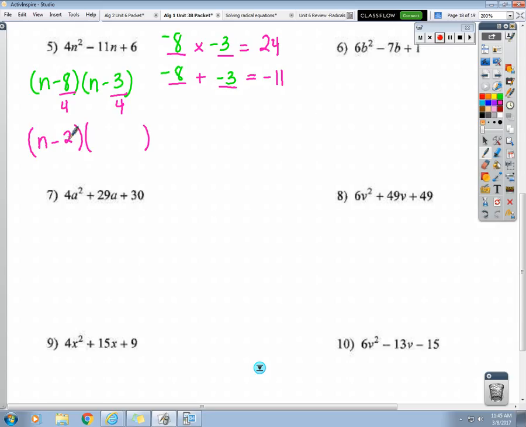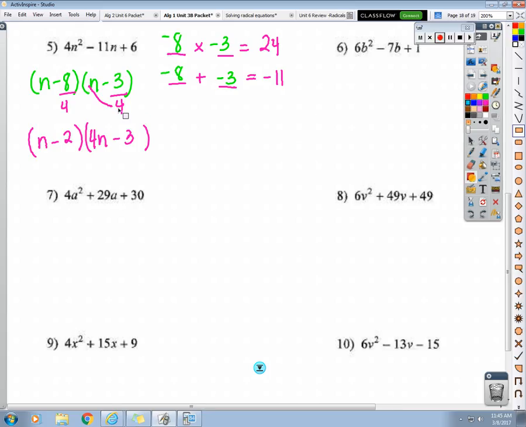Think about it. Isn't it really 2 over 1? But is kicking a 1 out to the front going to make a difference here? No. So that's why you just write n minus 2. Will 3 over 4 reduce to a lower fraction? No, 3 over 4 is as low as it'll go, right? So now you're ready to immediately kick it out and get 4n minus 3, and you're done. That one was even easier because your fractions either reduced to a whole number or couldn't be reduced at all. Okay, we will continue working